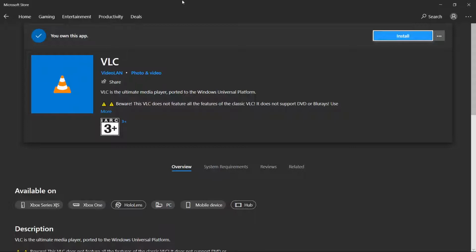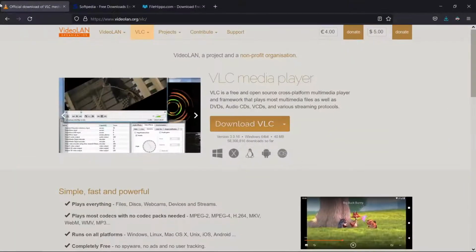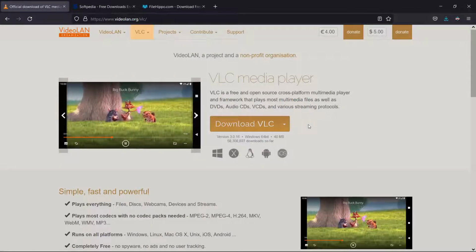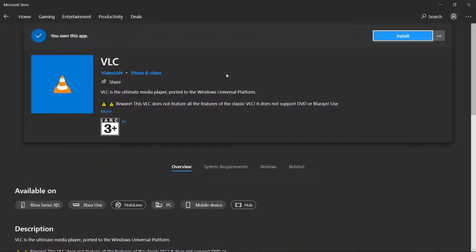For instance, the VLC that you get in App Store is not the same as the VLC that you would get on their website, because it's a desktop application written in some .NET framework language, but here this VLC is